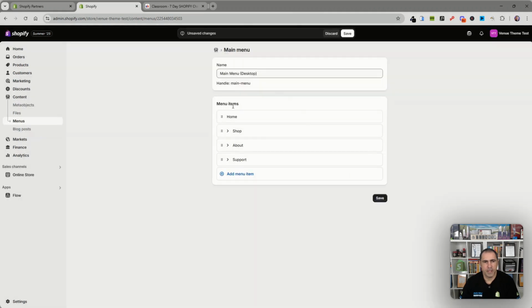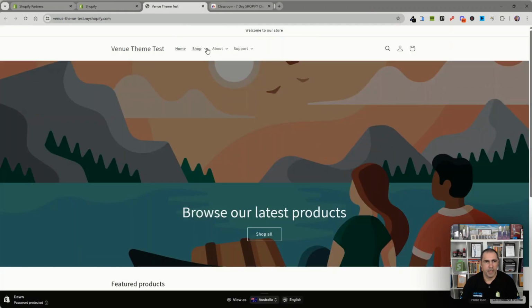All right, so now we actually have home, shop, about, support. They're all on drop downs and stuff like that. If we save here and then we open our website, we'll actually see that. So if I click here and open the website, we can now see the menus here. So see how it drops down like this, all good. Mega menus work a little bit similar to this,